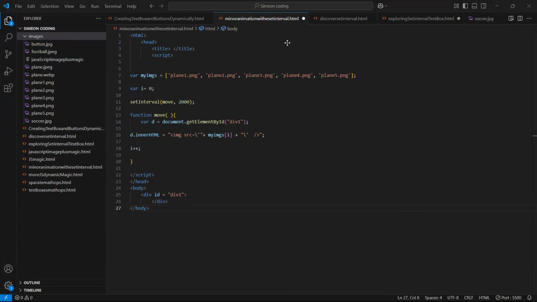I don't know how to fix it. I don't understand. Let me show you. I hope you're not showing your entire screen, because I cannot see anything you're trying to show me.